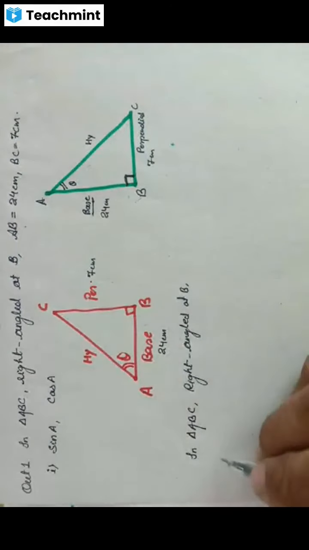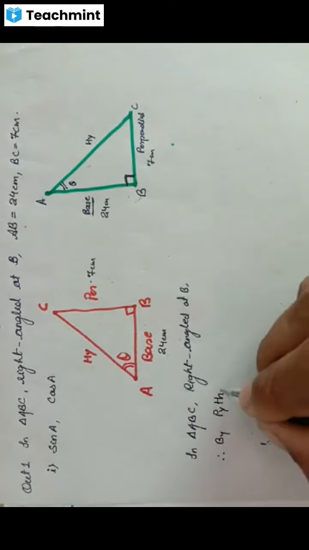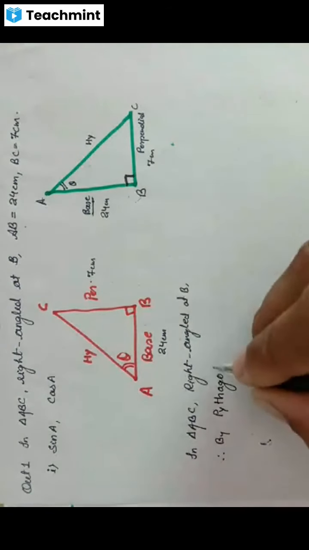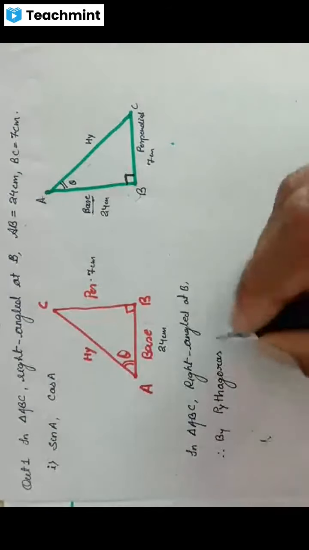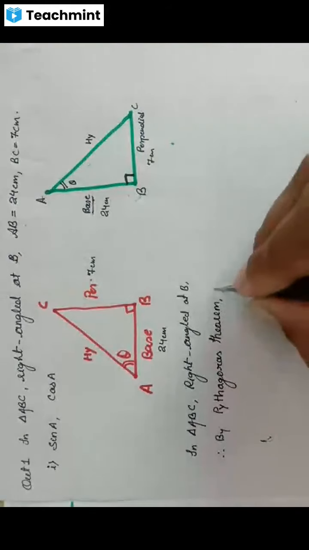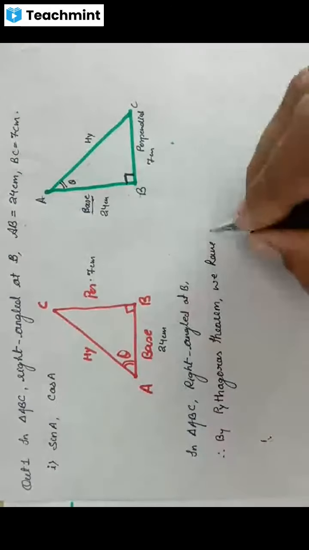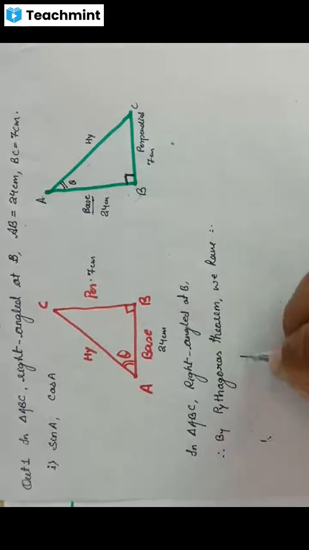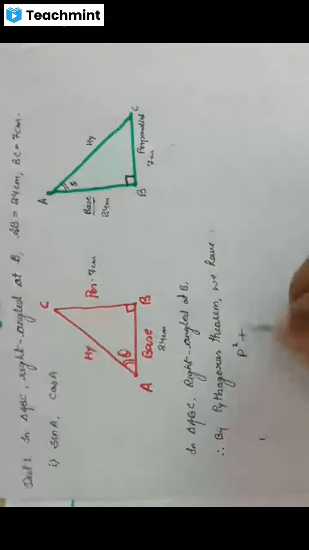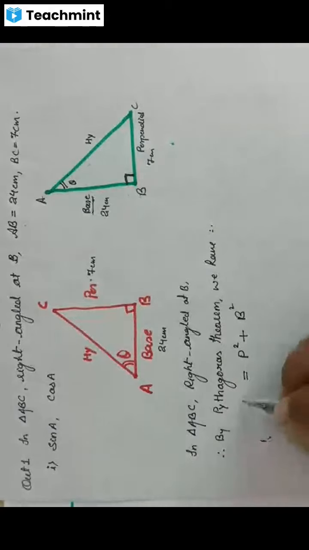You can write here by using the Pythagoras theorem. Pythagoras को तो जानते हैं आप? Yes sir. What is the Pythagoras theorem? बताइए क्या है Pythagoras theorem? Hypotenuse square is equal to perpendicular square plus base square. Perpendicular square और बेस होल स्क्वायर अगर आप करेंगे तो हाइपोटेनियस का होल स्क्वायर आ जाएगा.